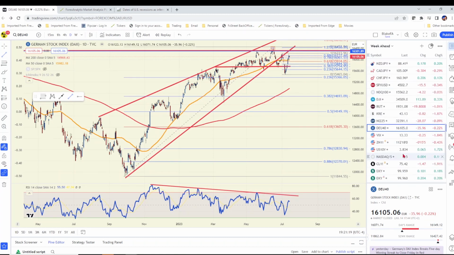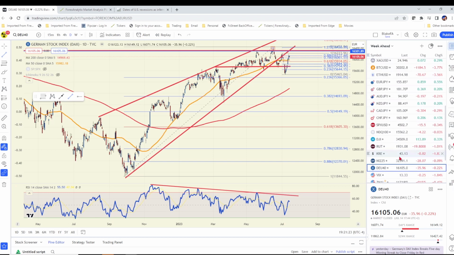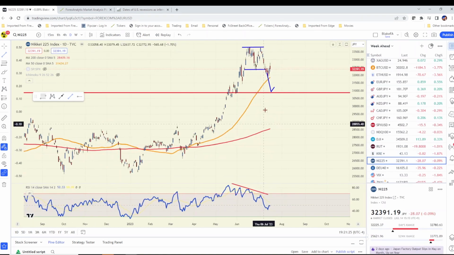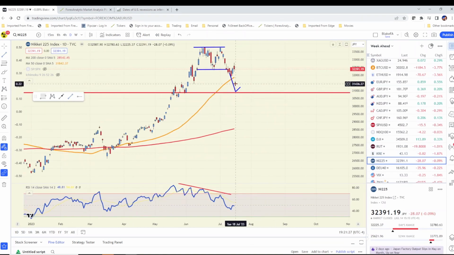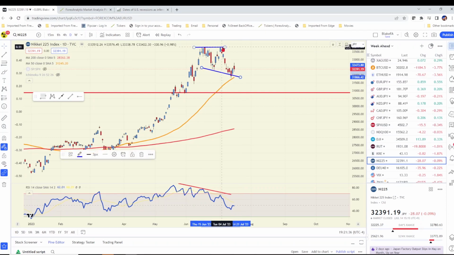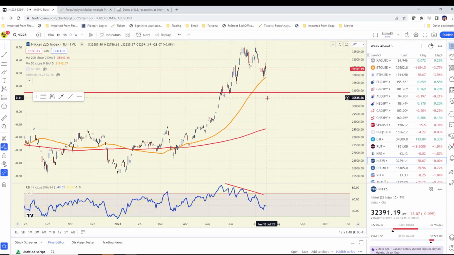Speaking of underperforming markets, I'm going to take you back over to Japan. Let me find the Nikkei. Oh, there it is, right above there. Here's the Nikkei 225. Now, watch the Nikkei carefully. I thought we might be developing a flag here, but actually, let me just remove that. The one thing that we should be paying attention to here in Japan is it is just underperforming. It had been an outperforming market, kind of leading the charge, but there's risks.